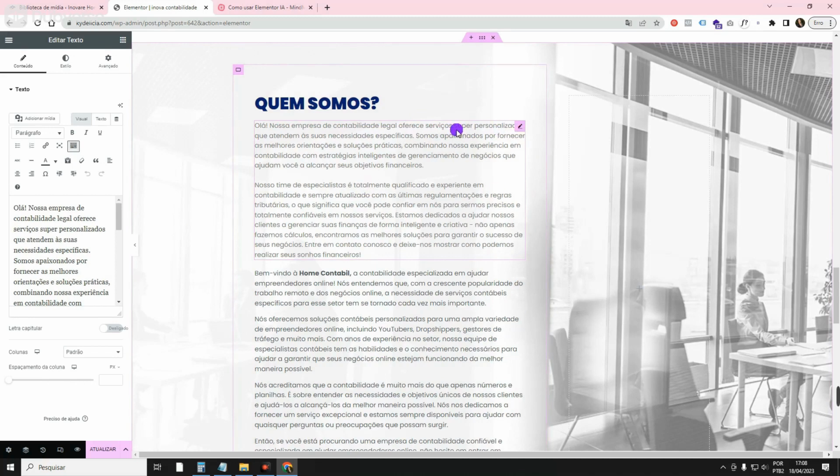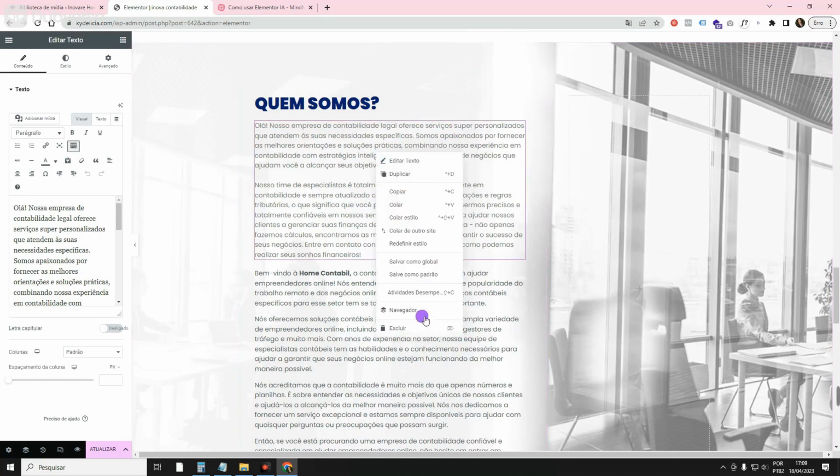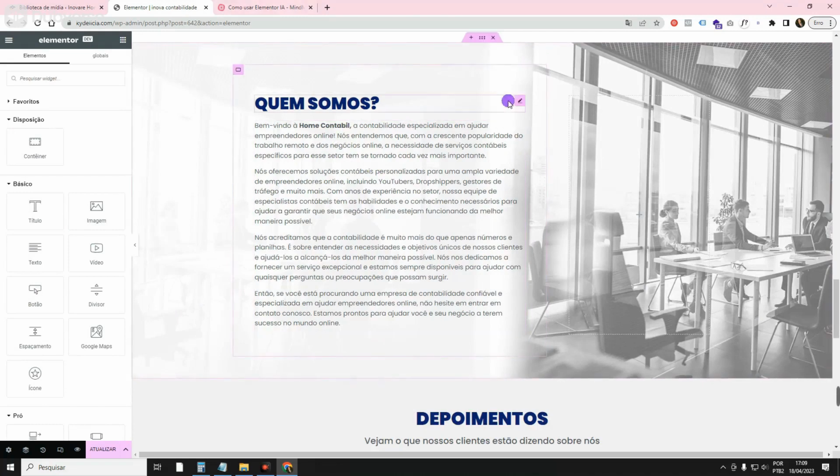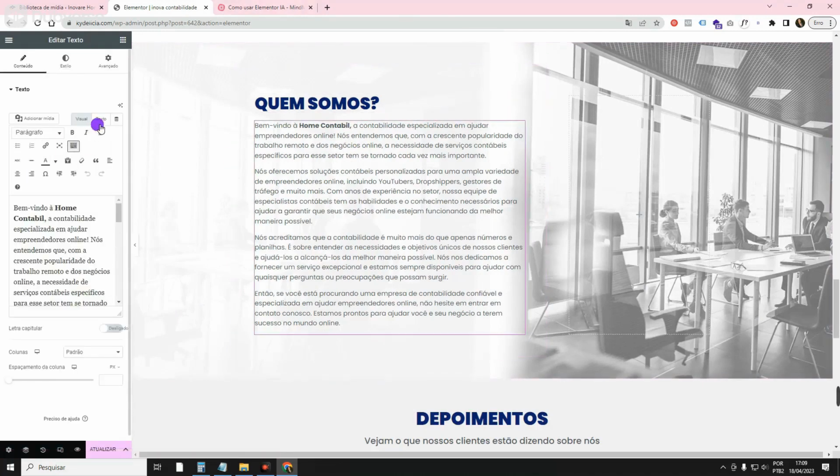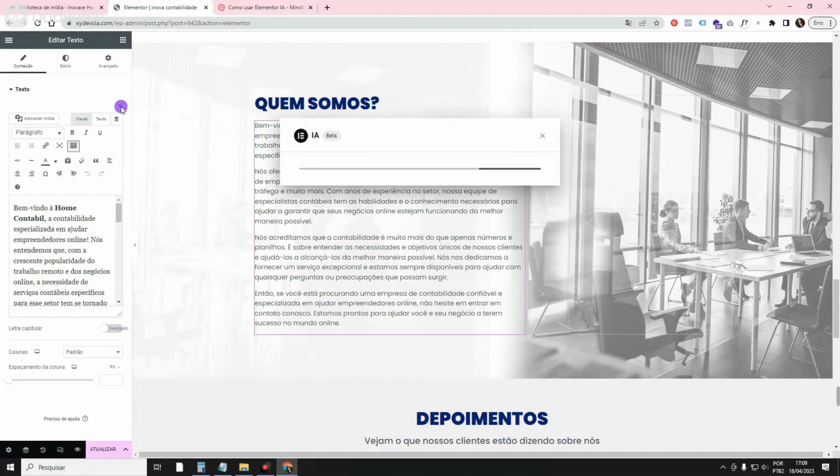Anyway, then you read it and shape it. Sometimes you write a paragraph that was cool, leave only another one for him to rewrite. Go shaping the text the way you want. If you have a text here too that you want to translate, same thing. You can just ask him to translate.